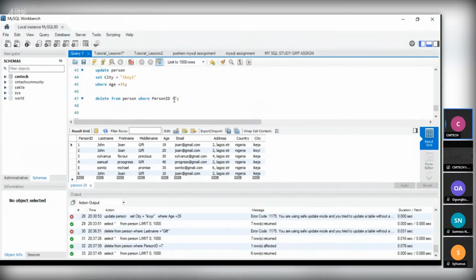Now we want to go into alias. Have you heard about alias? Can you explain the word alias? Who can explain the word alias? Alias is just like a nickname, just like a representation.